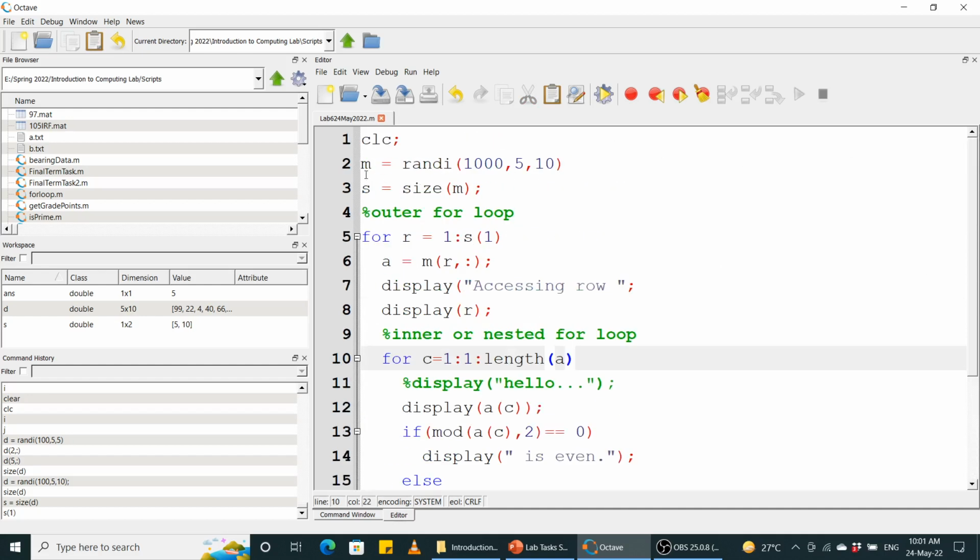अच्छा, ये कोड अब क्या करेगी, so we'll generate a matrix M with random values between 1 and 1000 और उसके डायमेंशंस क्या होंगे 5 by 10, 5 रोज़ 10 कॉलम्स, ठीक है। सो हम बारी बारी पहले रो 1, फिर रो 2, फिर रो 3, फिर रो 4, रो 5 उनको चेक करेंगे कि वो ऑड है या इवन है, ठीक है।